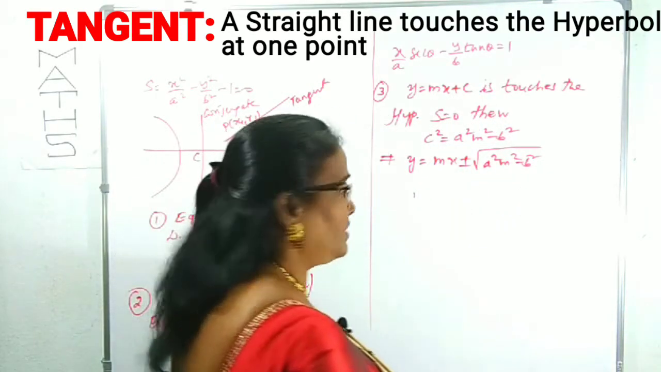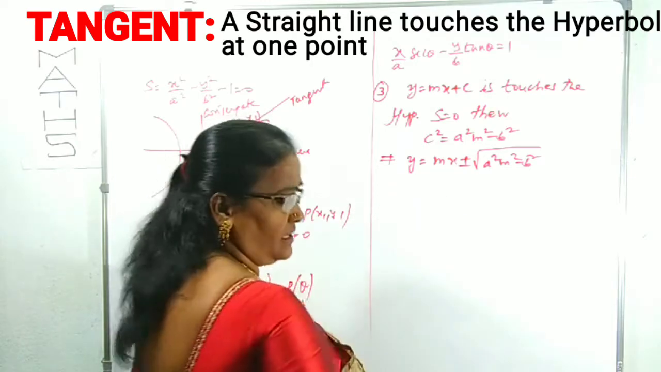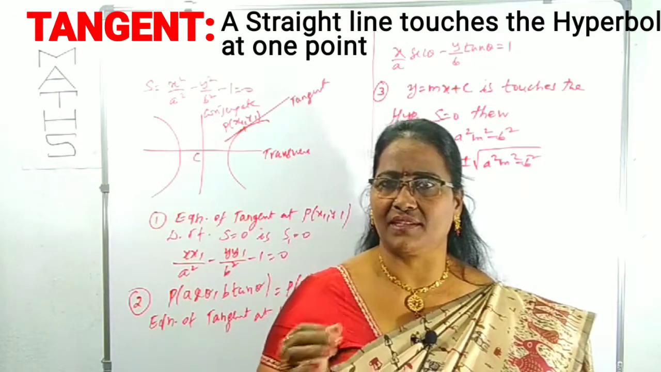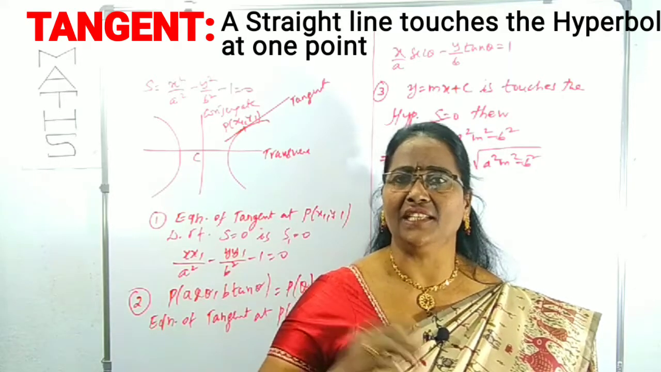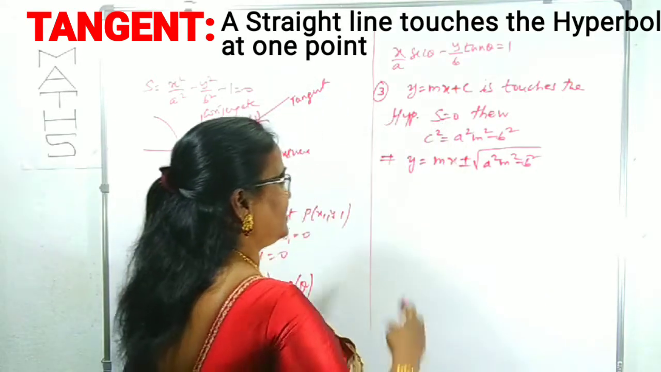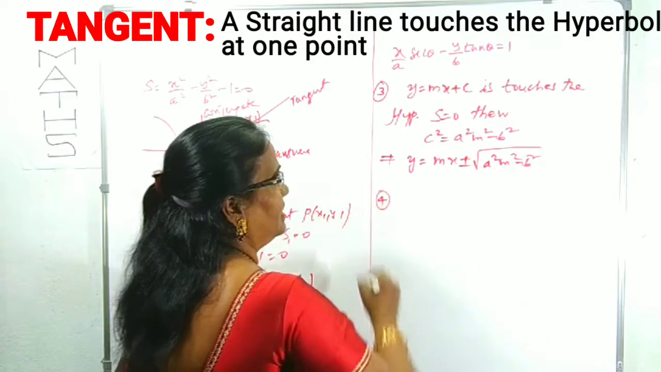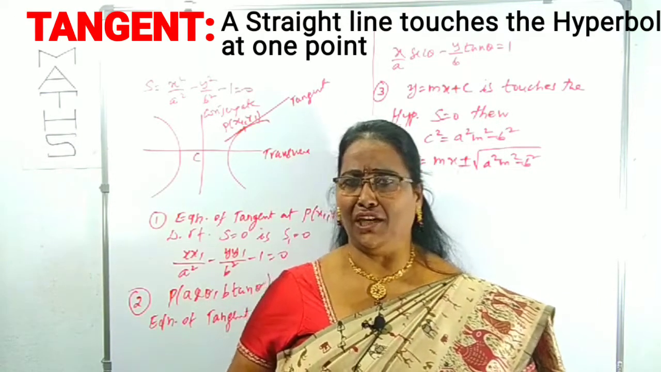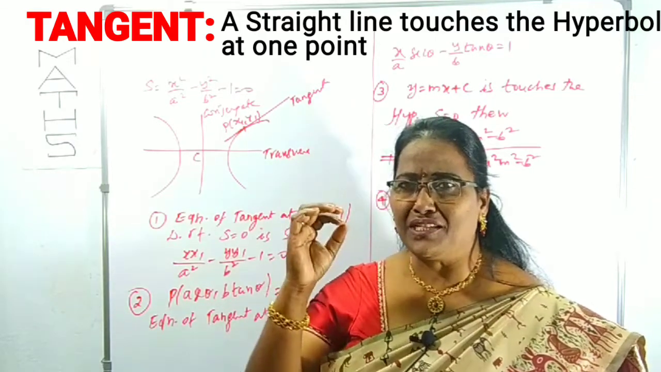Now, what is one more equation I write? y = mx ± √(a²m² − b²) is clearly the equation of tangent in the slope form. These are the various forms of the tangent. So, what are the applications of tangent also you have to know. Applications of tangent simply